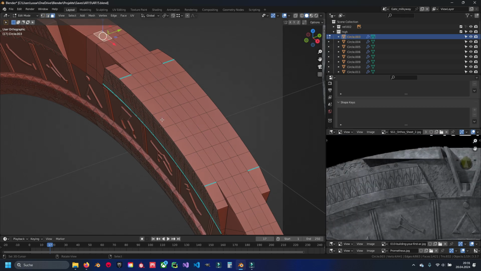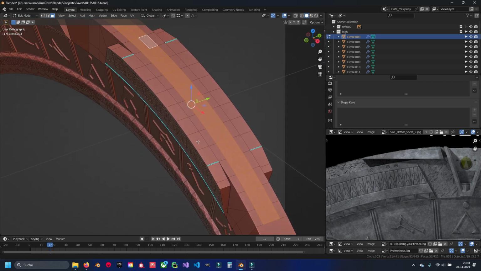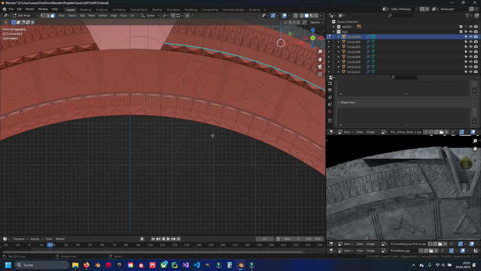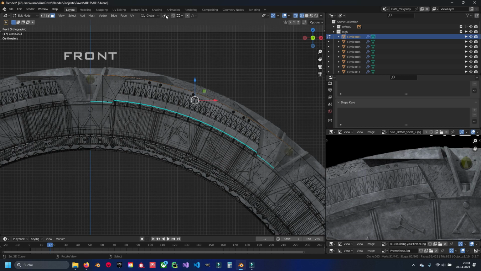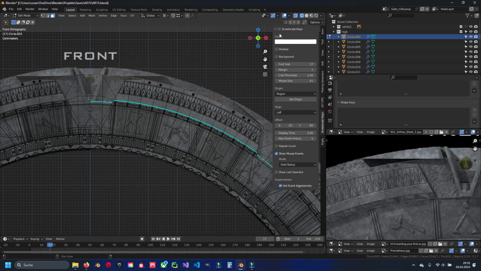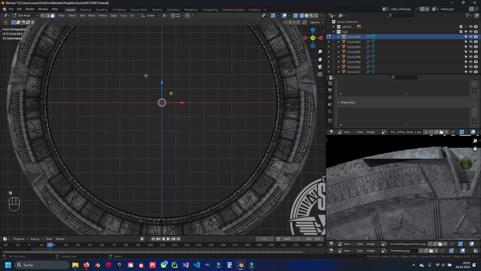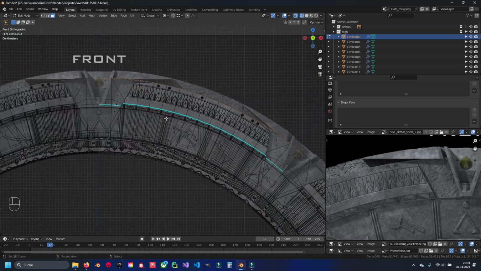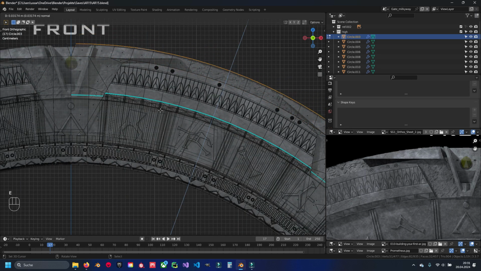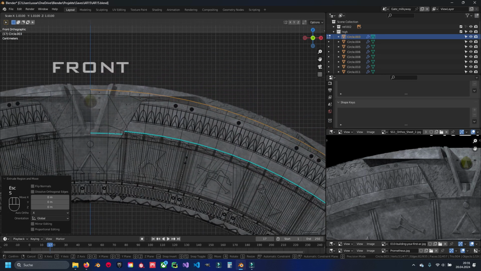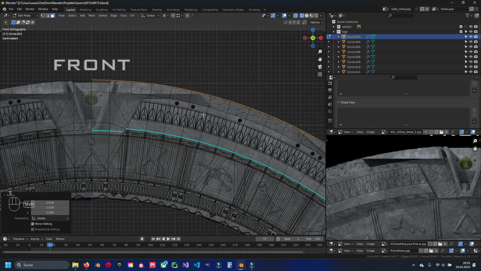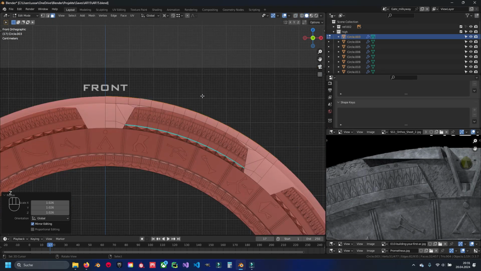And we can just select now these two loops here. And with that, don't forget to go back to 3D cursor. That's in the middle. So it has to be in the middle, and now we can just extrude them, cancel the extrusion, and then you can just scale it out. So you have now this detail, this border here,